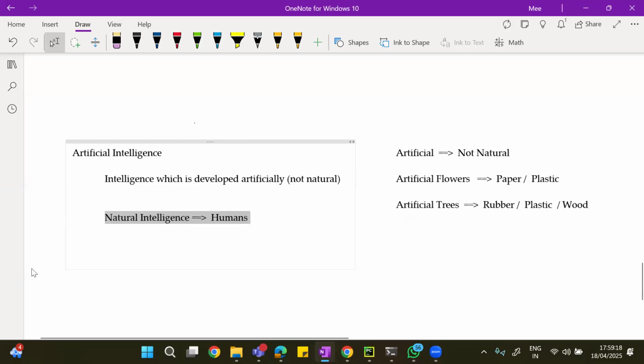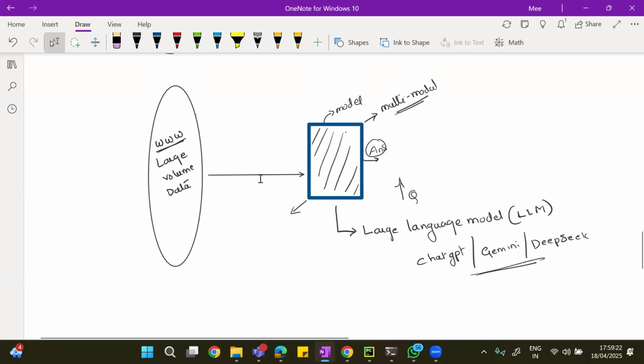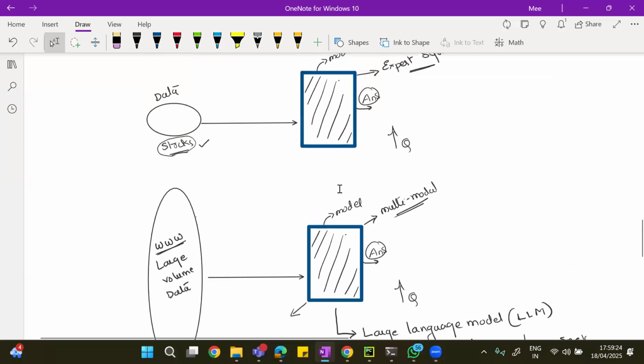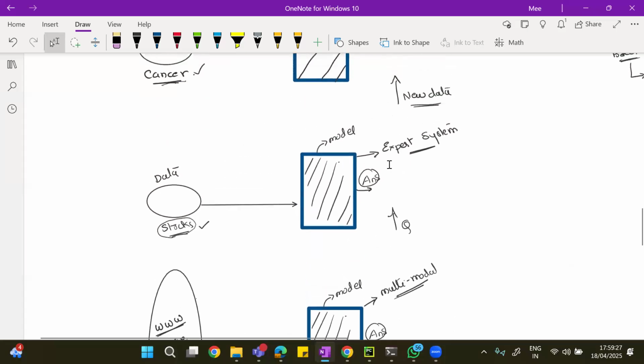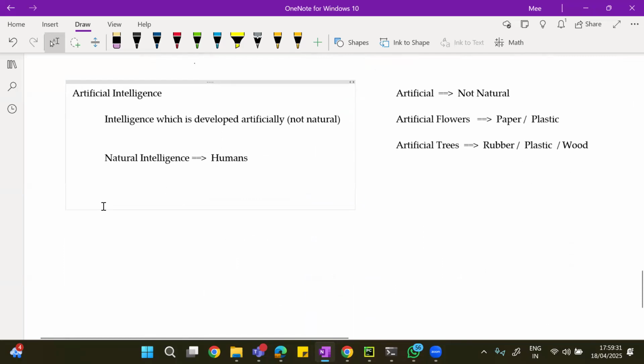Now, how to define this? In simple terms, this is always artificial only. We are giving intelligence to machines. How are we giving it? Through data. All this is nothing but artificial intelligence. Now, if you want to define it, AI, or artificial intelligence,